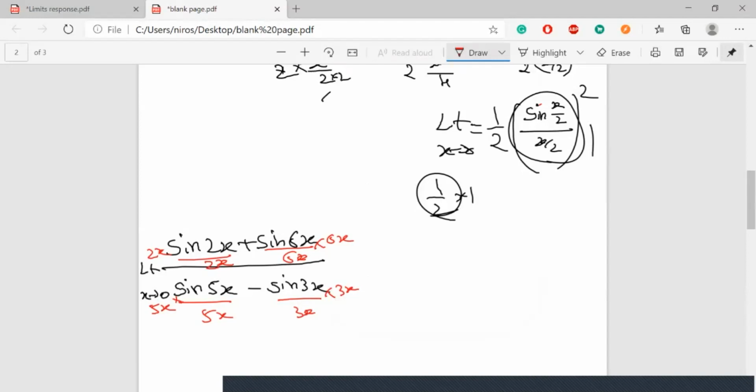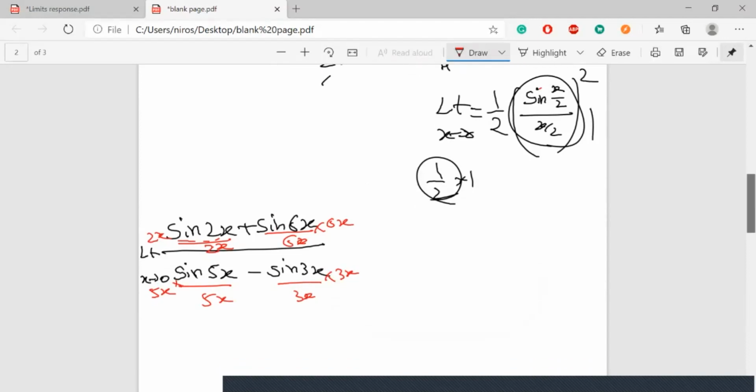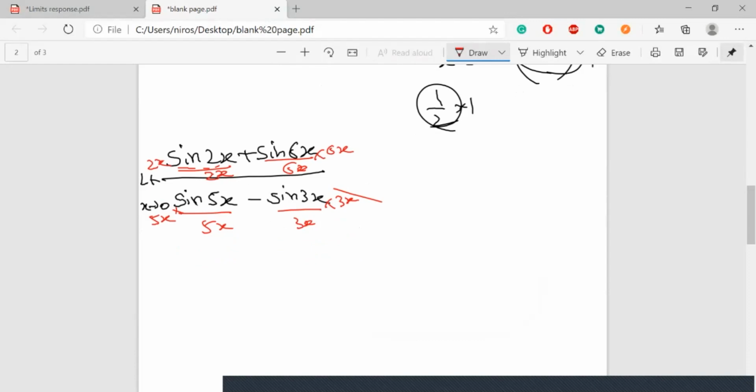You don't have to do it for a whole term. See, when I am multiplying and dividing with this, am I changing this sine 2x value? No. So I can do this. You cannot do it only when the value changes. Here the value is not changing. Previously also sine 2x, after multiplying and dividing also sine 2x itself. If you are doing it for one, you don't have to do it for the second thing also. The only thing is the value should not change.